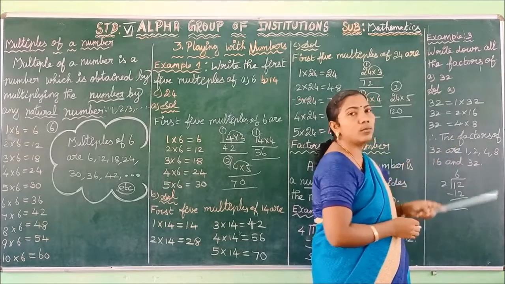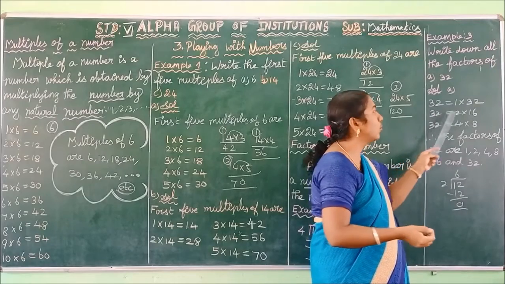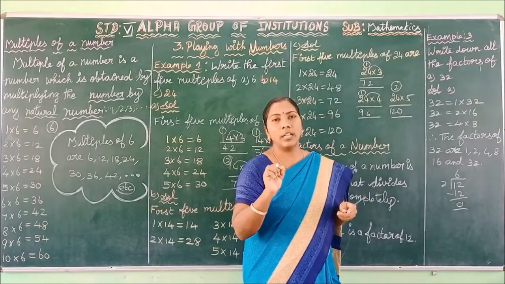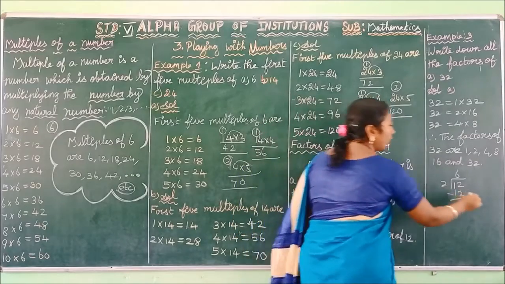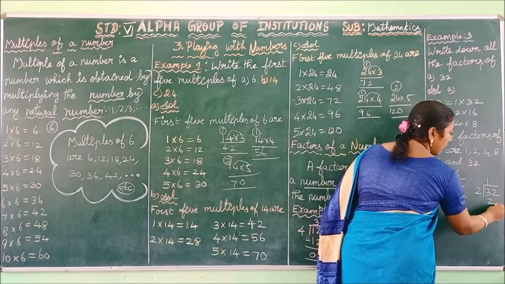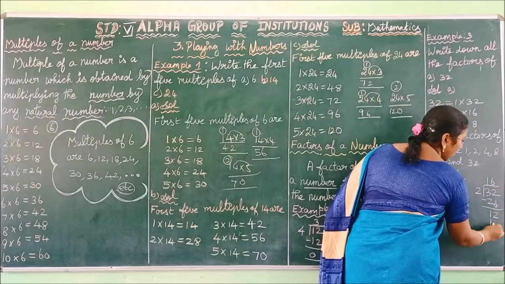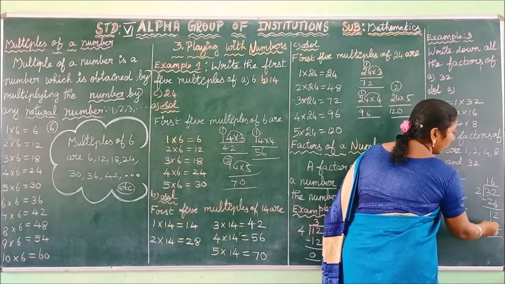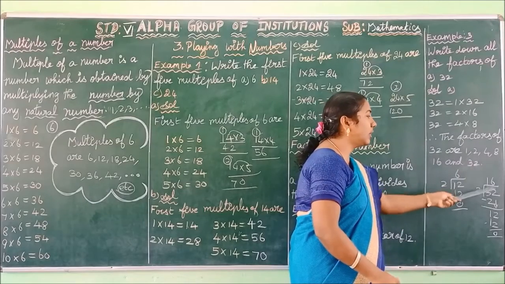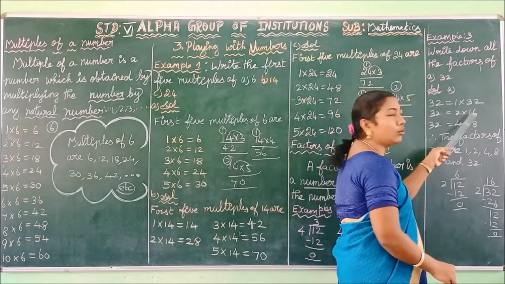Next, the 32 comes in 2 table also. So you can write the 32 as the multiple of 2. So 2 into 16. Suppose if you don't know how to write it as a multiple of 2, in the rough work you have to divide the 32 by 2. So 1 2 is 2 and subtracting you get 1 and bring down 2. So 6 2s are 12. So your remainder is 0. The remainder must be equal to 0 and then you can write the 32 as the product of 2 into 16. Thus here we have written 2 into 16.